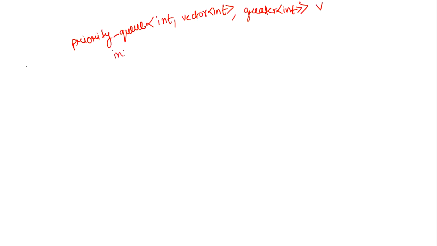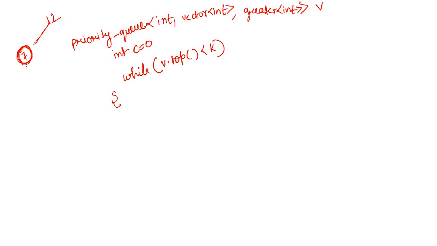We also have to take care of the operations, so for this we will take a counter variable, let it be c. Now here we will check the condition, we will check our top element that is present at the heap. So we will check while v dot top is less than our k value. Suppose we are having 7 and our k value is 12, so we are comparing here. You can see in the min heap, this first value is less than our given kth value.